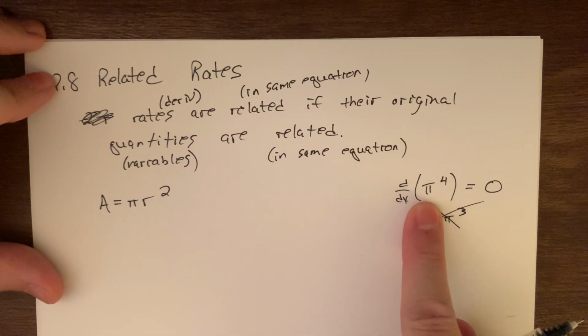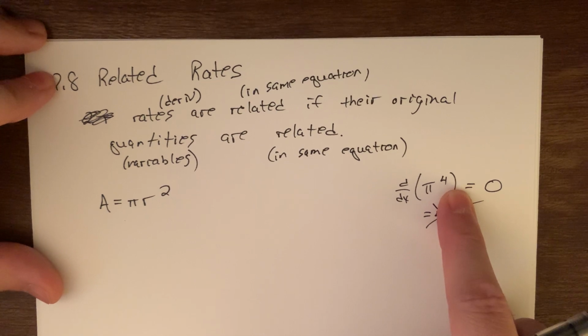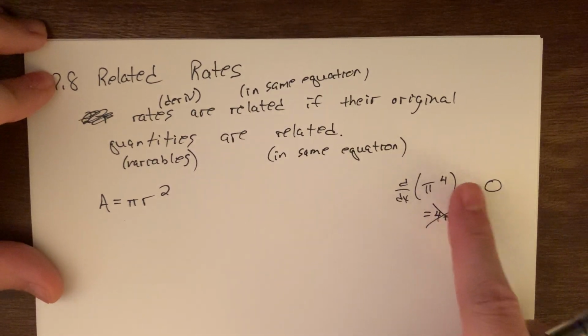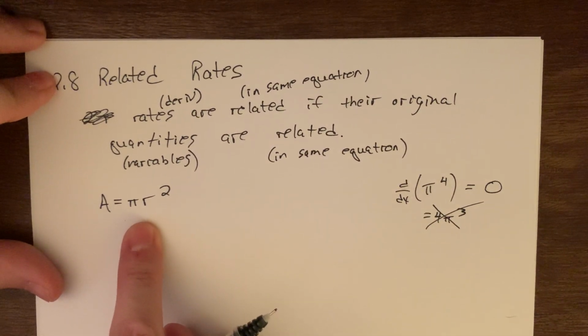Pi is just a number. It's not a variable. Remember that. That's like saying, what's the derivative of 2 to the 4th power? Well, 2 to the 4th power is 16. The derivative of 16 is 0. So again, just a very quick little note on the side, but just to come back over here, pi is